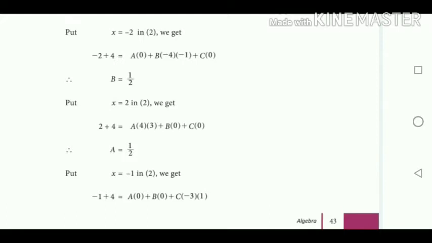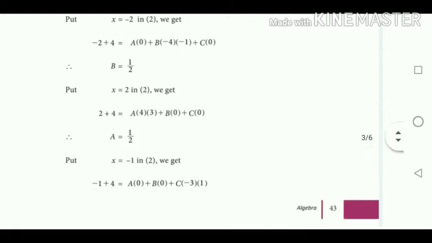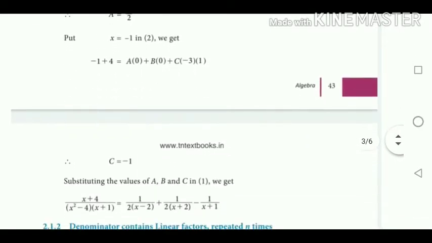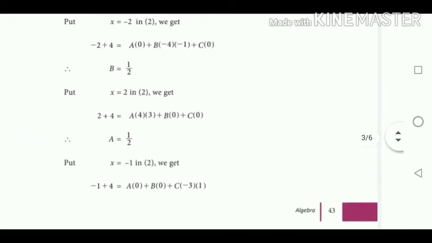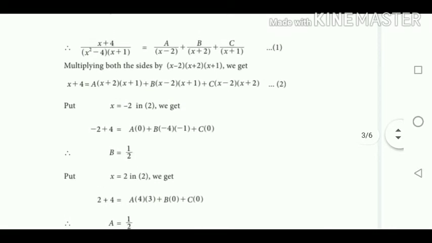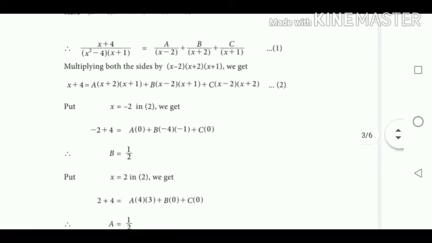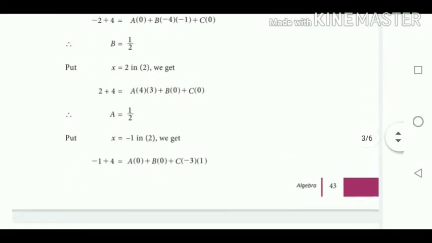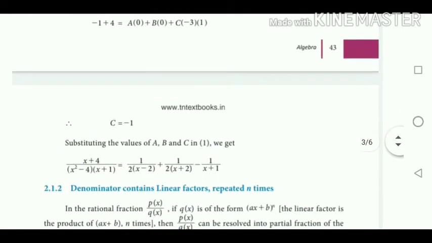Okay, so a value is half and b value becomes 0, therefore c equal to minus 1. Now substitute these values, that is a equal to half, b equal to half and c equal to minus 1 in equation 1. Okay, you are getting the answer. After substituting the values of a, b and c in equation 1, we get (x plus 4) by (x square minus 4) into (x plus 1) equal to 1 by 2, because here the value of a equal to 1